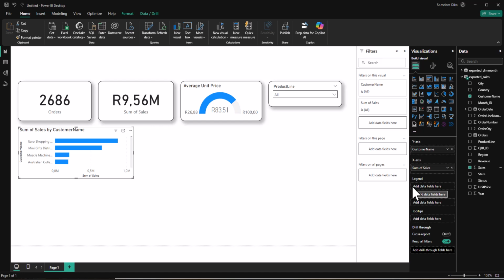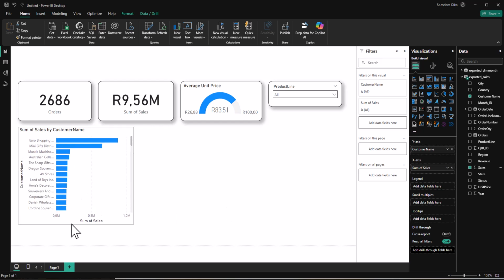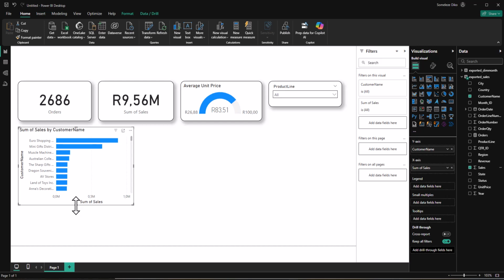So I'm gonna drag the cells there, and it gives me a total number of customers. But if I were to drag this, you can see all of the customers here. So how do we actually solve this problem? To solve this problem, what we need to do is actually go to